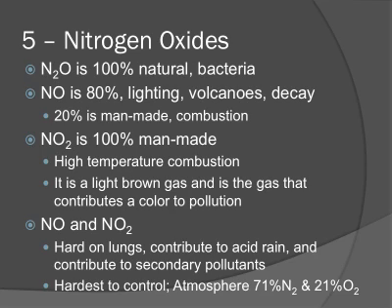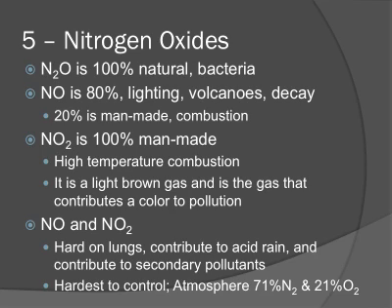And I don't know about you guys, but there's not a whole lot of places for oxygen to get into your engine, right? It's a pretty closed off system. So what ends up happening as the temperature increases and we run out of oxygen, we start to produce more and more NO2s. Okay? I'm just going to start calling these nitrogen oxides because I'm talking about NO and NO2. These are very hard on your lungs. They can contribute to acid rains, and they can also contribute to the secondary pollutants that we're going to talk about in just a second.